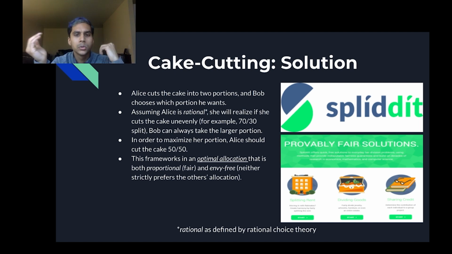If you're a set of roommates trying to decide how to split rent evenly among you based on the different rooms in the apartment or household, you can use Split It. If you're trying to divide up a set of goods, say among recipients of a will, you can use Split It to divide up the goods fairly such that everyone is happy and no one is jealous of each other. I think this is a cool tool for showing the connection between theoretical computer science and economics, but applying it to a common real world problem.